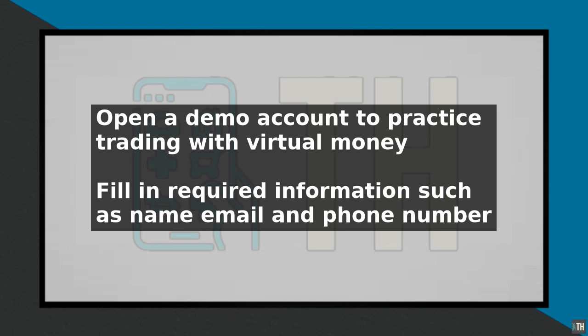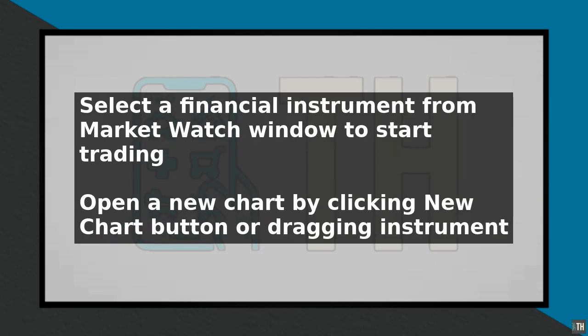To start trading, you need to select a financial instrument from the Market Watch window and open a new chart. You can do this by clicking the New Chart button or by dragging and dropping the instrument from the Market Watch window to the Chart window. Once you have opened a chart, you can apply various technical indicators and expert advisors to analyze the market and